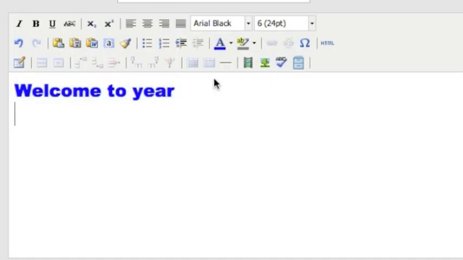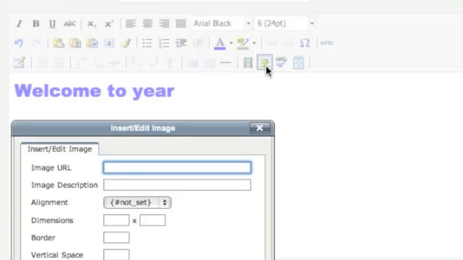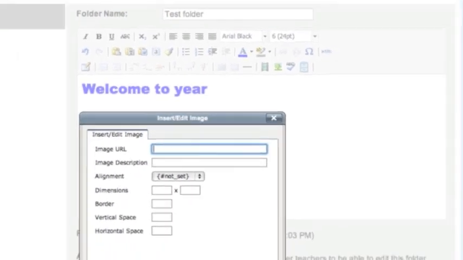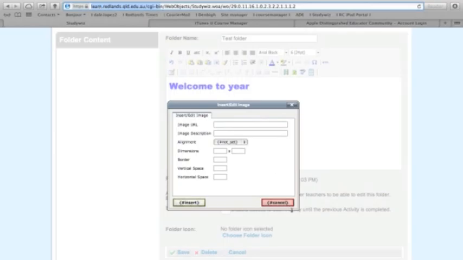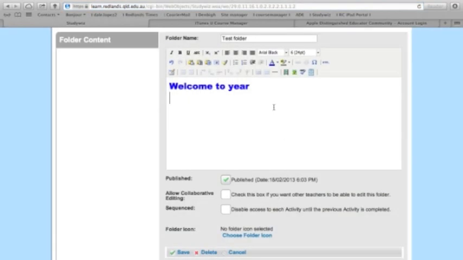We can also add images, so there's a couple of ways you can add images. The first way is tapping on this button here, the tree button. This is going to ask you for a URL, so if you want to use a URL image, you need to copy the URL up here and then paste it. The only problem with that is that sometimes those URLs change, so you might be better off using an image